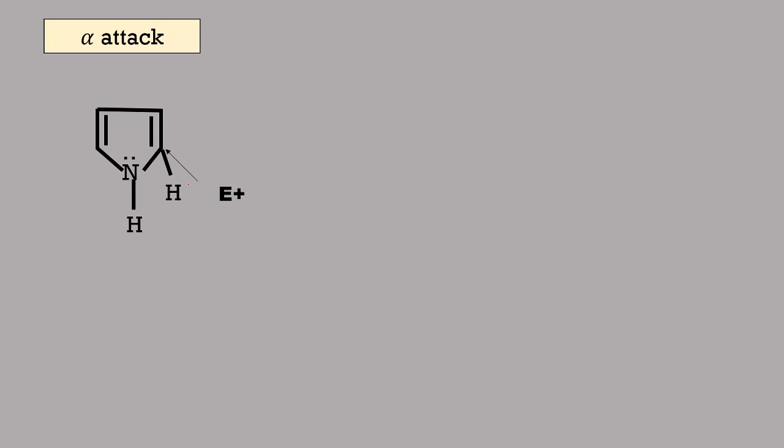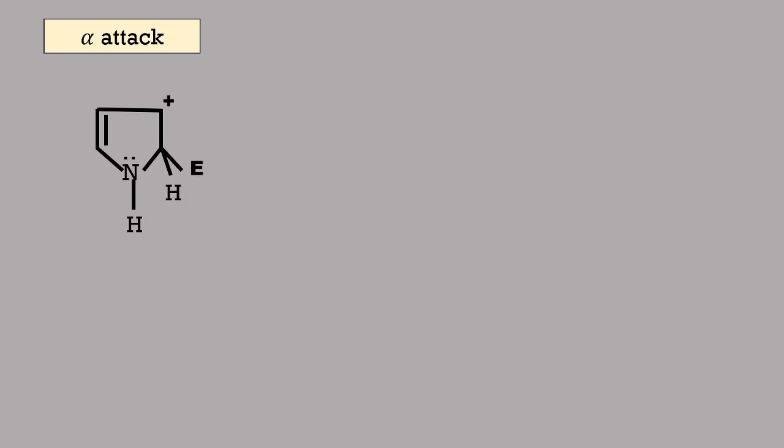So I have shown the hydrogen also at the alpha position. Here is your electrophile, which is going to attack at the alpha position, and a hydrogen on nitrogen has also been shown, because it's not important, you may not choose to do it. But anyways, let's focus on the attack. What happens when the attack occurs? Now the lone pair of nitrogen will not be used. These pi electrons will be used to create a bond between the electrophile and the carbon atom, right? So that way you will get,